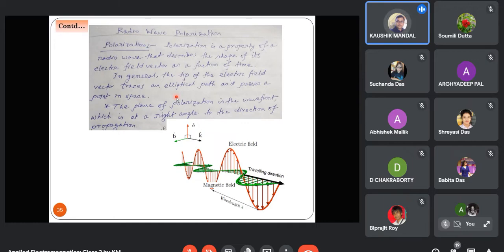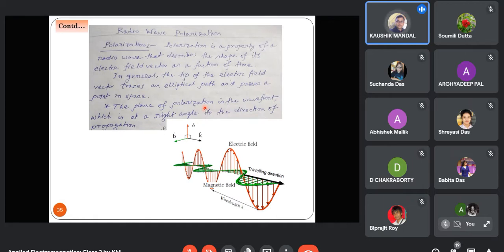Now, another term that is associated with polarization, and is also important, is the plane of polarization. What do you mean by plane of polarization? Plane of polarization means the plane on which the particular wave front or the electric field vector is located, and the corresponding direction of propagation. That will be discussed in more detail in some next slide with a figure, then it will be more clear.